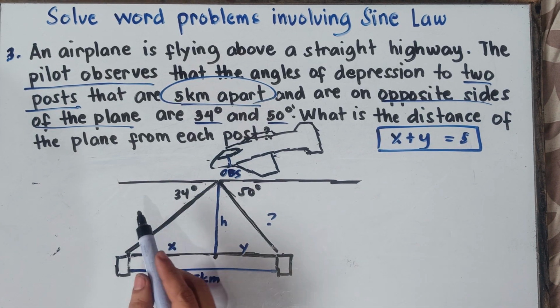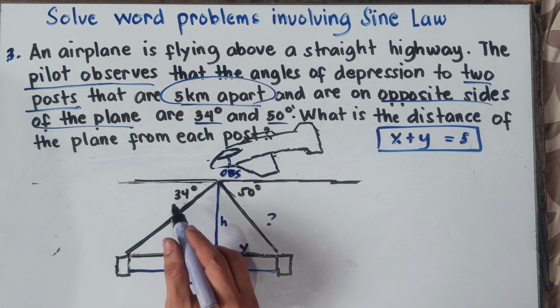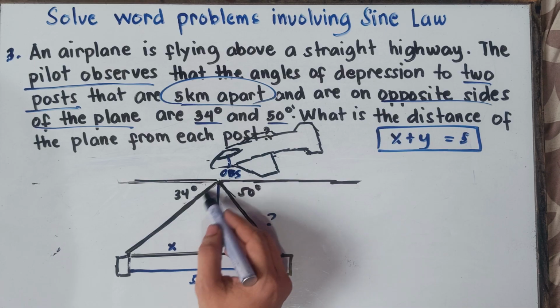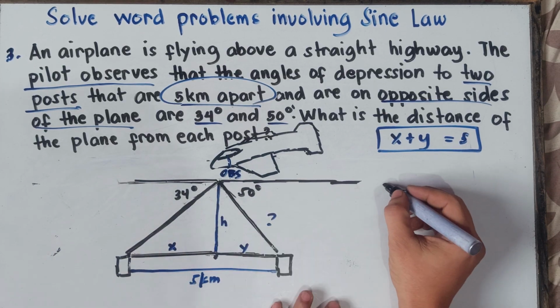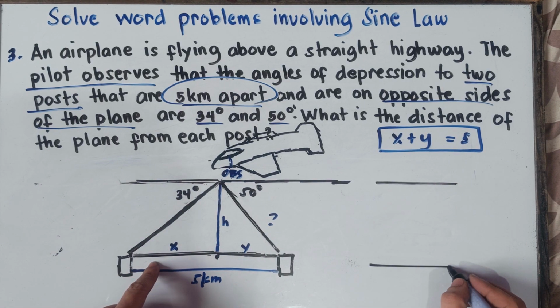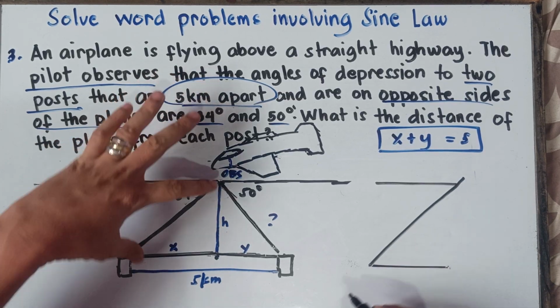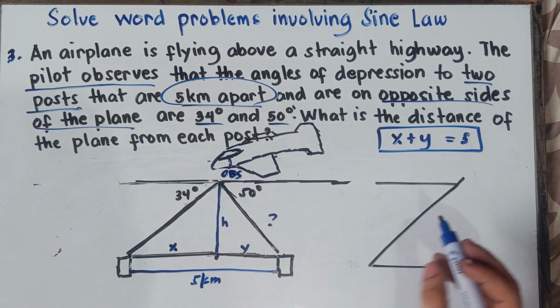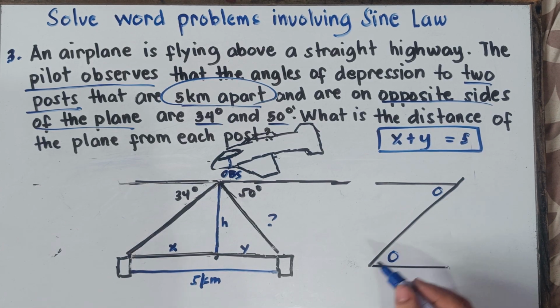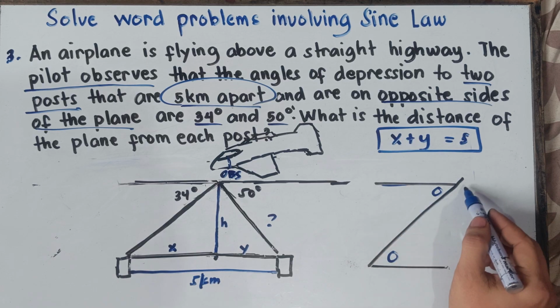Now, always remember this one, class. If you have two parallel lines, these are parallel lines, right? Parallel lines right here, and parallel lines right here. Let me just draw that for you to understand. You have two parallel lines, cut by a transversal. This is the transversal line. We can form angles, right? This angle and this angle are what we call alternate interior angles, and they are always congruent. It forms the letter Z.